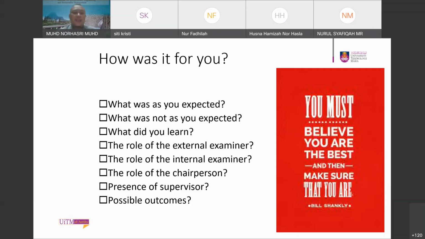Again, the examiners are not looking for what you are wrong about in terms of methodology. They are helping you. Normally the role of the examiner is to help you strengthen your objective and the outcome of your research, especially to help our students go on to GOT, grow on time.